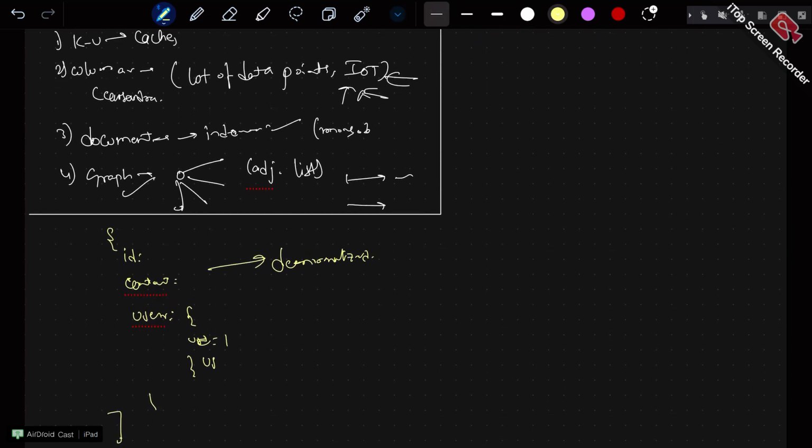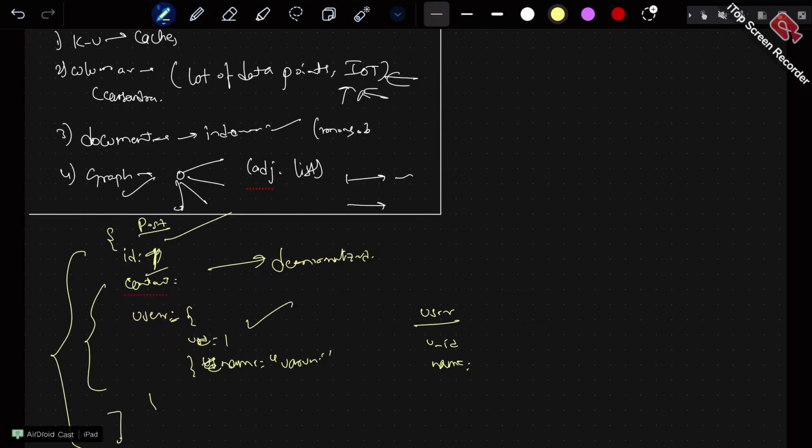For example, users' data is also replicated inside your post table, right? If you see, you have your user id over here, and then the name over here. You could have easily joined this one, right, on user id. But now over here we are storing the users' data also along with the post. So why are we doing it? Because we can afford this much denormalization, since from the id of the post I can get all the data. Why join and make it complex? Because this might reside in a different db node, and that might reside in a different db node. Making a cross shard join is very complex.